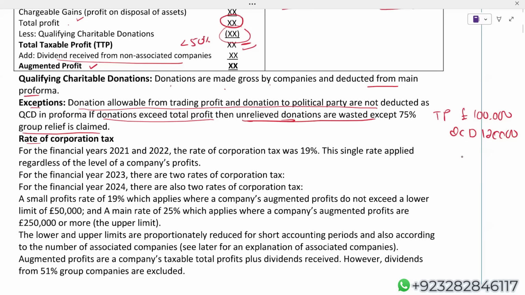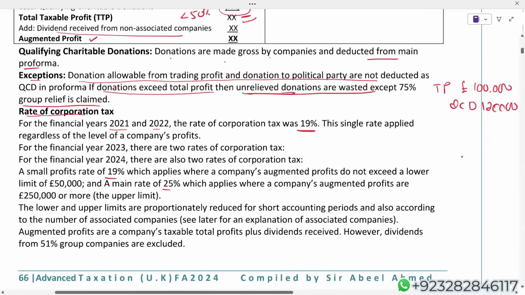The rate of corporation tax for the financial year 2021-22, way back, was only one rate, which was 19%. But from 2023 onwards, we have two corporation tax rates: one is 19%, another is 25%. When 19% is applicable and when 25% is applicable is very simple. The small profits rate is 19%, which applies where augmented profit does not exceed 50,000. If the company's augmented profit is £50,000 or less, then the applicable corporation tax rate is 19%. Otherwise, we apply 25%. The main rate of 25% applies where a company's augmented profit is 250,000 or more, the